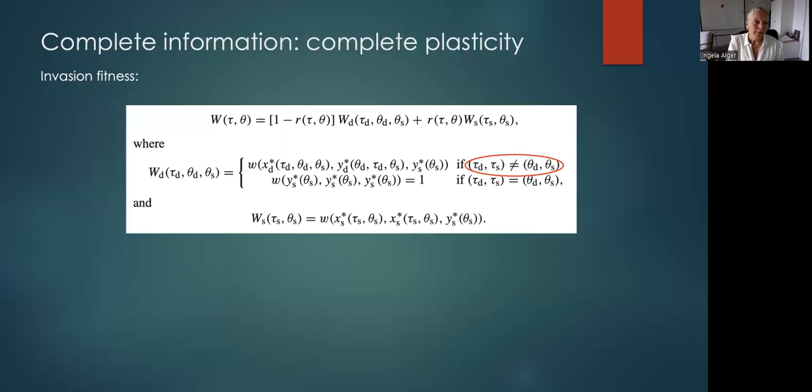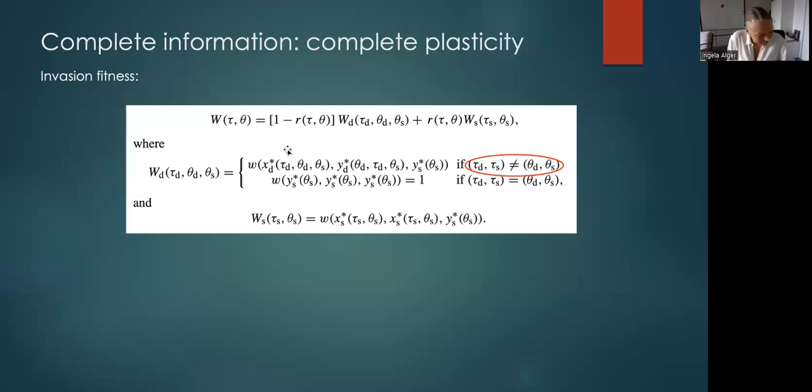It took us a while to see clearly what was going on here, and also to figure out how to write the paper about this, because there are generically multiple candidates for uninvadable types, and we do not have differentiability anymore, because whenever the resident type